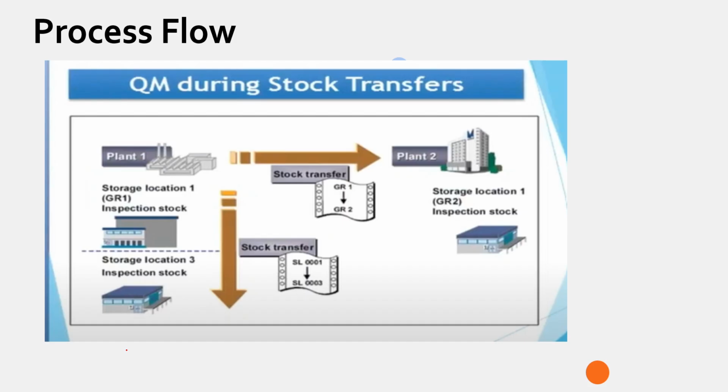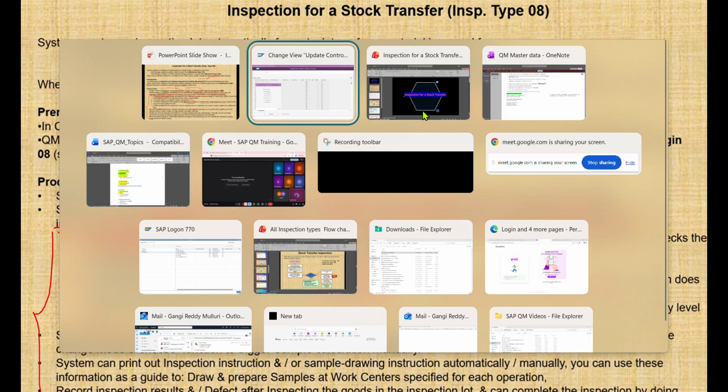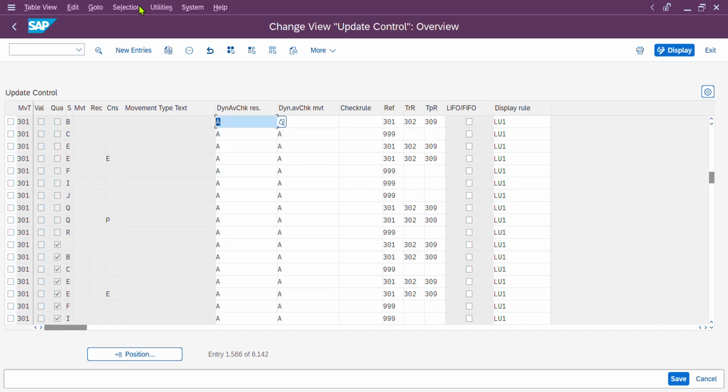Our movement types are 311, 301 and 303. These three, I can go and show you in this configuration level whether they are available or not. Let me go for 301. 301 is like, see,